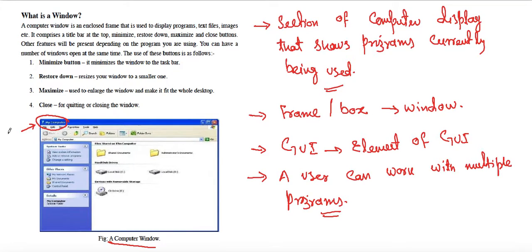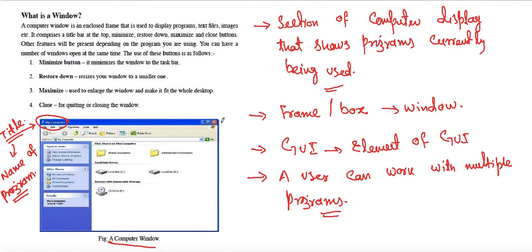This title shows the name of the program, or the name of the location of the computer, or the name of the file or folder which is currently open or running. So the title is shown on the top left corner.